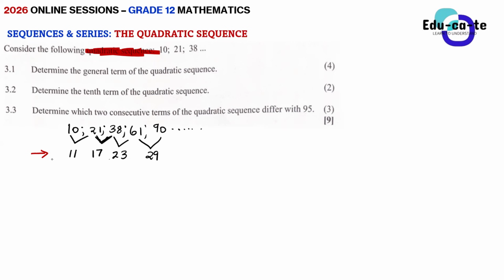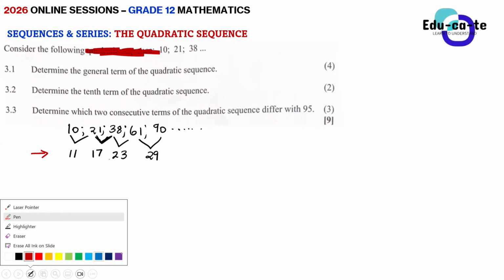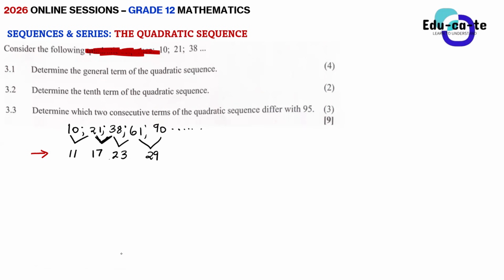No. So can this ever be an arithmetic sequence? No. So the moment you establish that this is not an arithmetic sequence, you then say, what if I try to establish another difference between these terms? So this is the first difference that you did. This is you subtracting the terms for the first time.